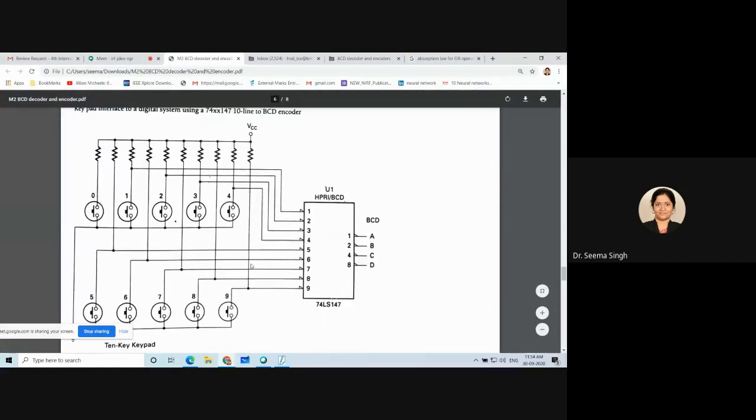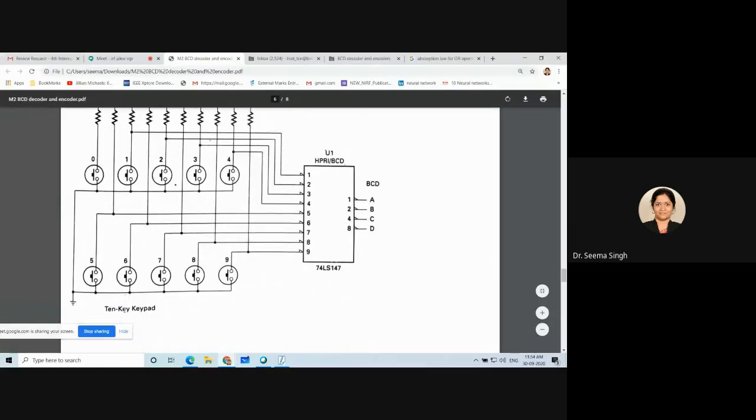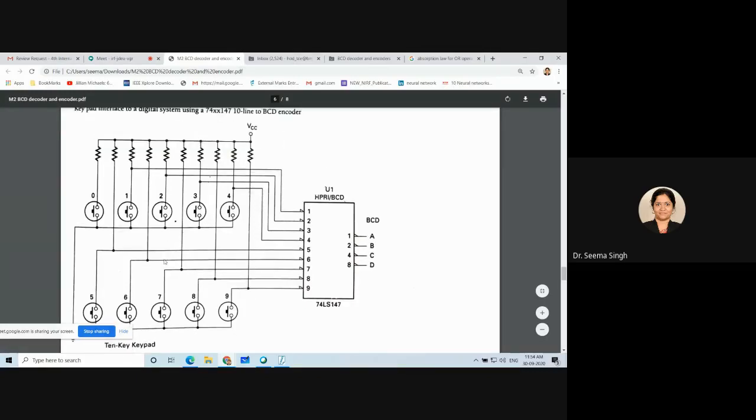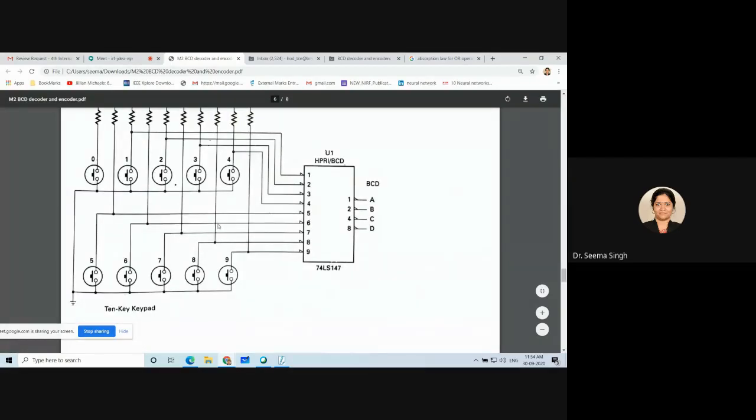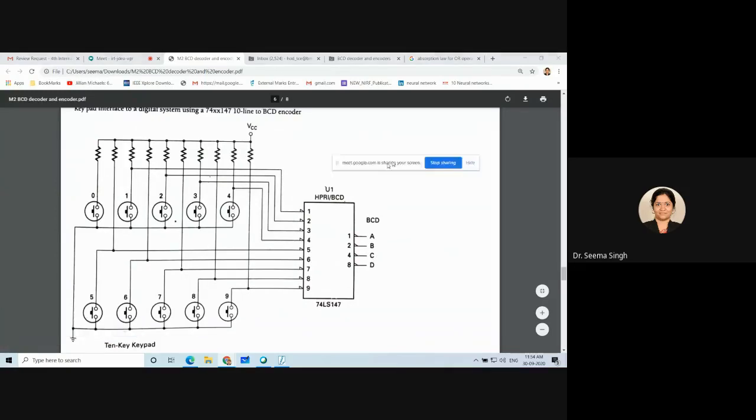Okay. This diagram is simply they are trying to show you the keypad, and the 4 outputs are connected with these 10 keypad inputs. These 10 inputs are getting connected with the keypad. So what is happening, you can understand. For example, if I press this 9, what will happen? You know this much electronic circuit, na? You tell me what will happen if I press this 9.